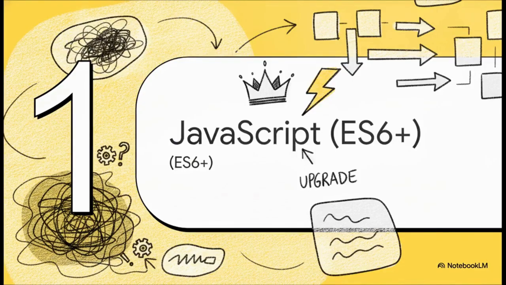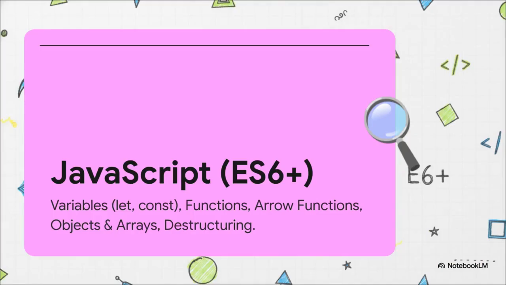All right, let's jump right into Section 1, the ES6 Plus revolution. Before we actually look at any code, we really need to define our terms here. So ES6 stands for ECMAScript 2015. You can kind of think of this as the great dividing line in JavaScript history. It was this massive industry-wide standardization effort designed to fix some really long-standing developer headaches and just streamline the language